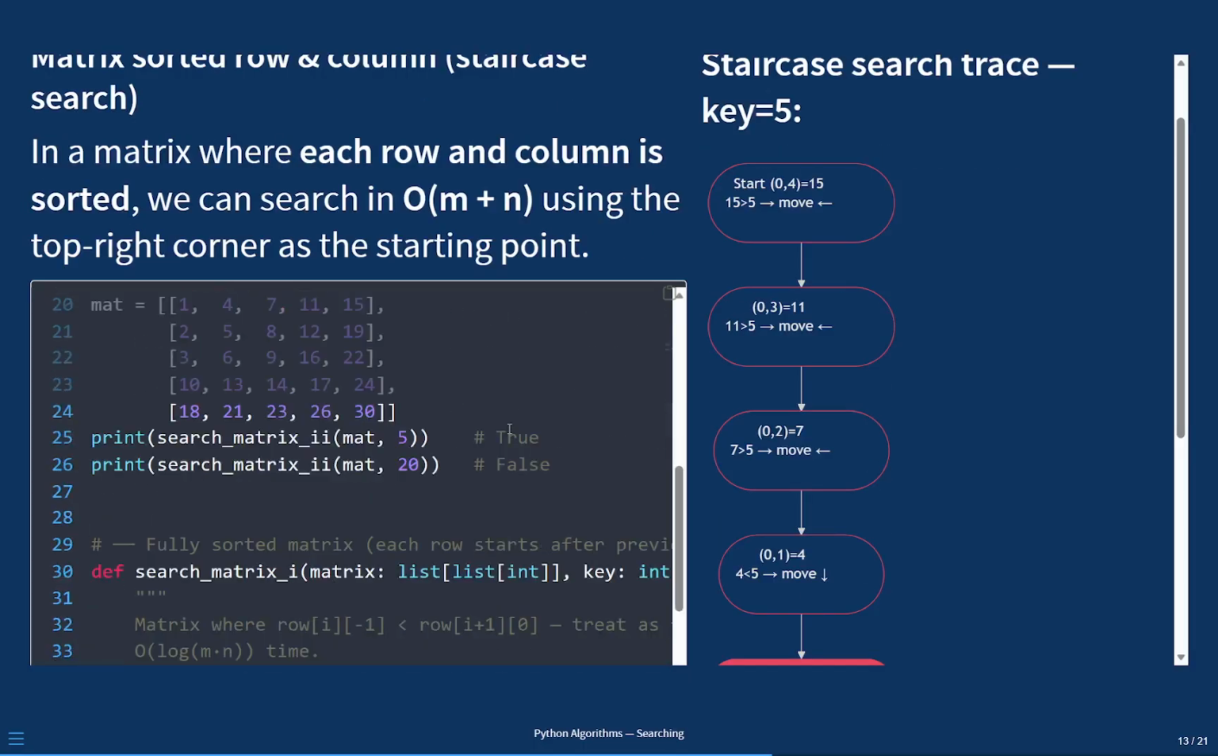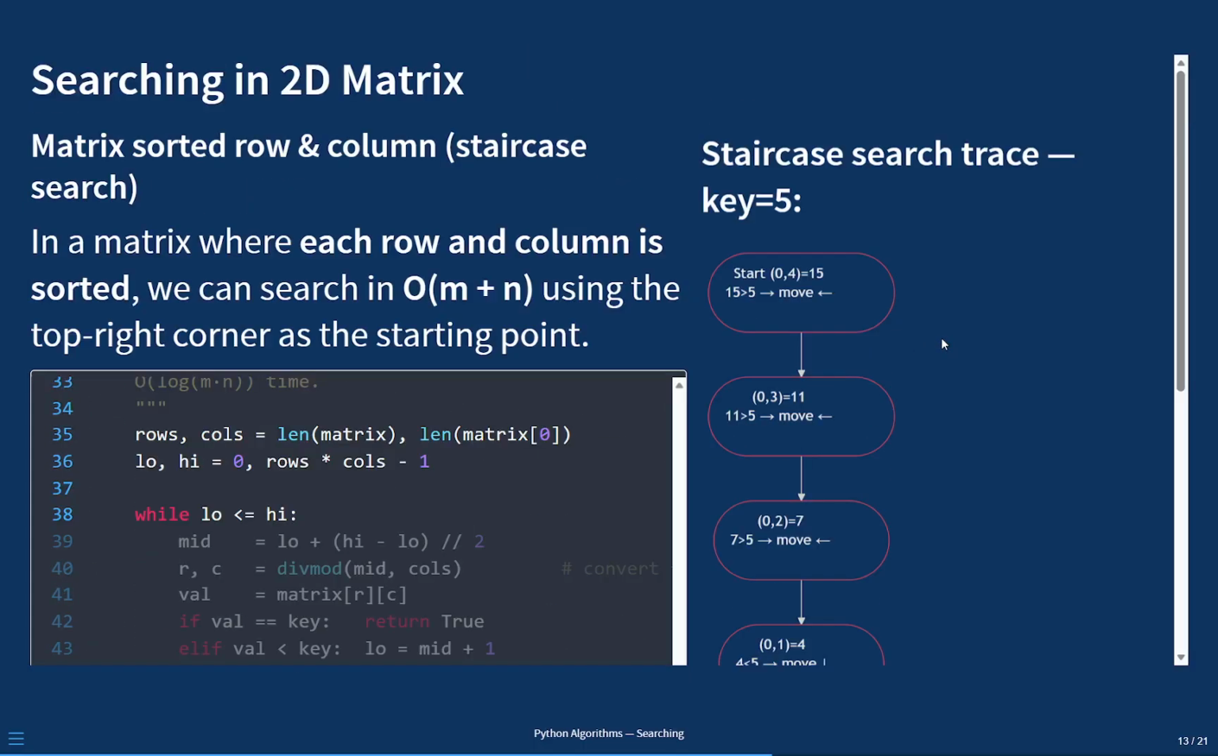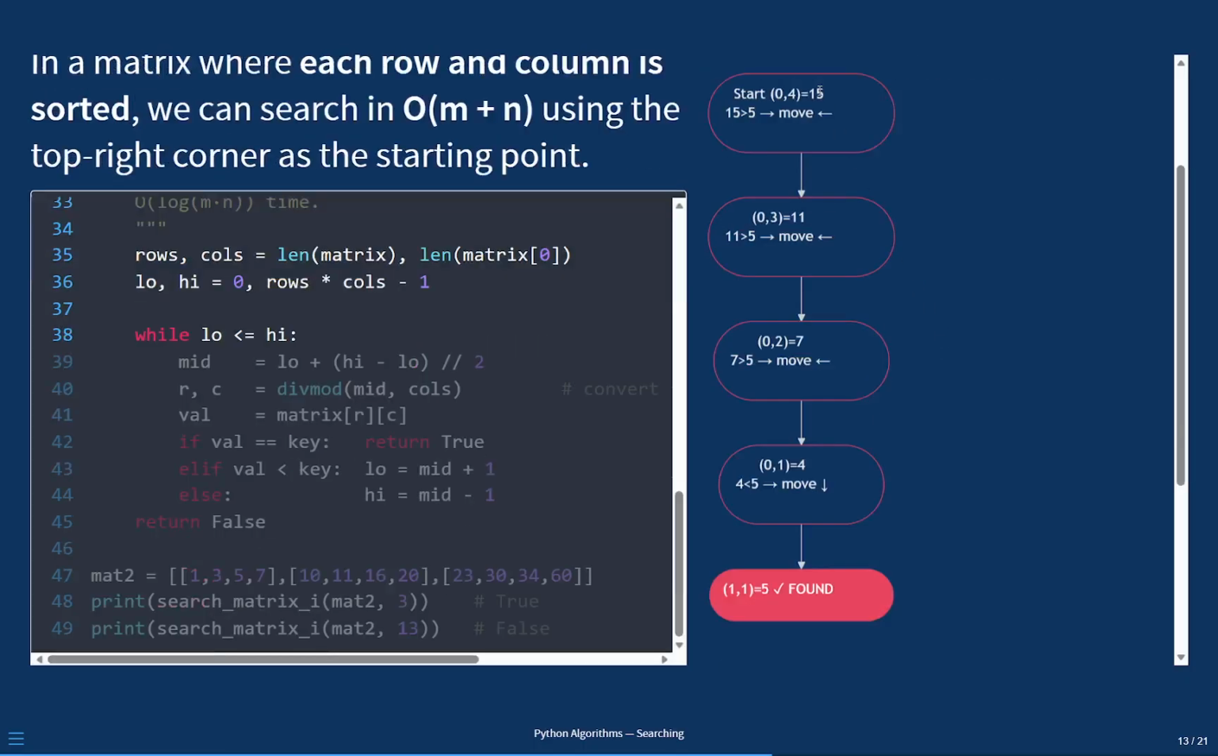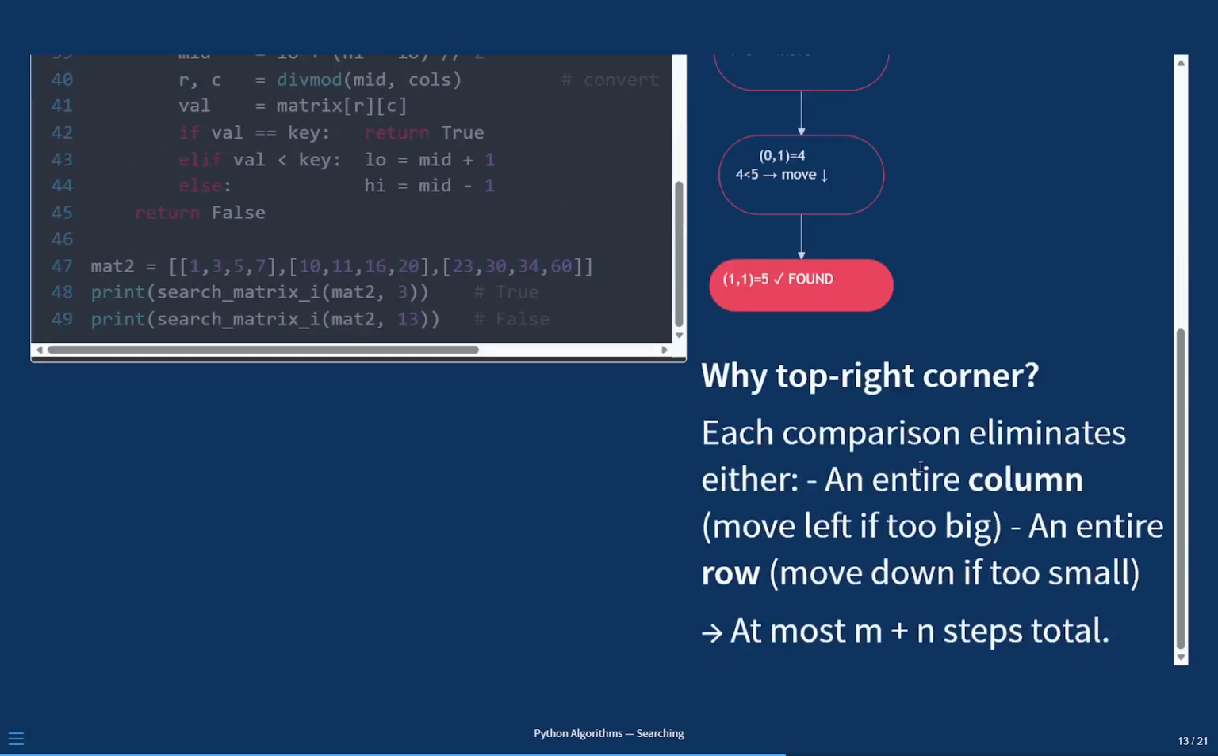Click. The trace shows key equals 5 in the 5 times 5 matrix. Start at (0,4), equals 15, too big, move left. (0,3) equals 11, too big, move left. (0,2) equals 7, too big, move left. (0,1) equals 4, too small, move down. (1,1) equals 5, found. 5 steps. Click. Flat binary search for a fully sorted matrix, where each row's last element is less than the